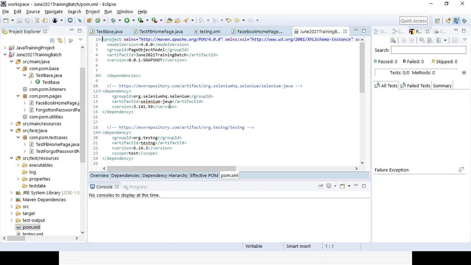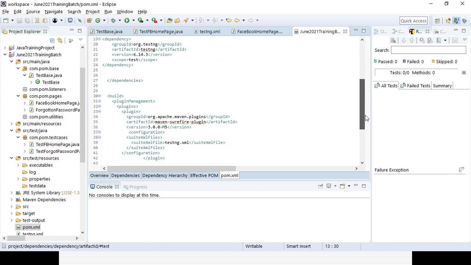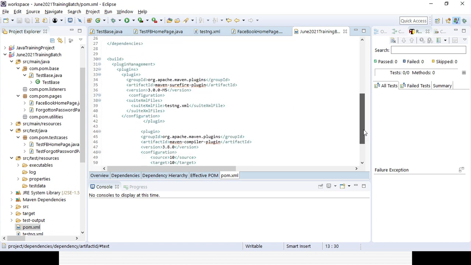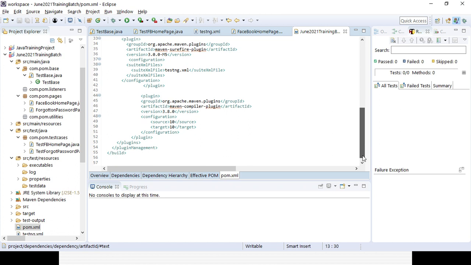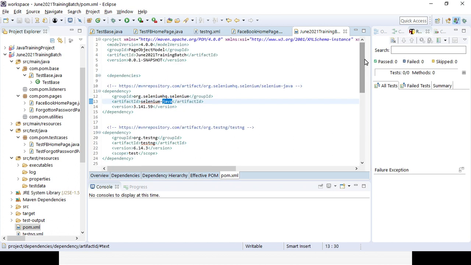Initially we need to add the dependency only for TestNG and Selenium Java, so those are the two dependencies added. And then if you want to run it from the pom.xml file, we need to add the Surefire plugin and the Maven compiler plugin, so that it will run successfully. So after creating the project, we will be adding all the dependencies to the pom.xml file.